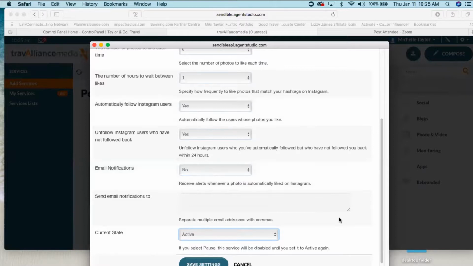So if you ever come up with a reason why you want to pause one of these, please let me know. I'm curious, because I haven't really come up with any. So nonetheless, I keep all of mine set to active, and I'm going to then click Save Settings.